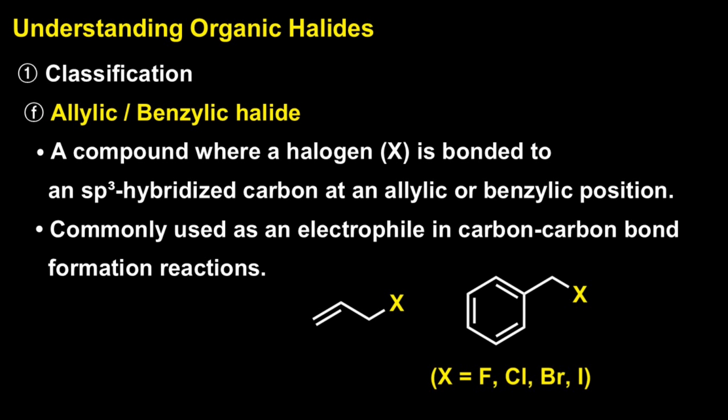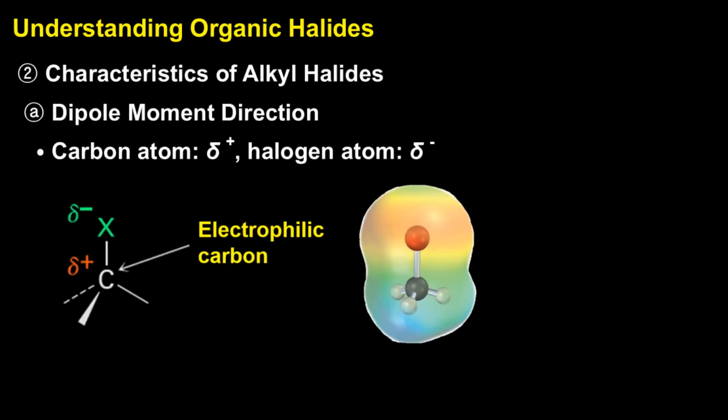And to see why they're so central, we need to take a closer look at the C-X bond. To understand their reactivity, let's look at the C-X bond and its dipole moment. Since halogens are more electronegative than carbon, they pull electrons toward themselves, creating a polar bond. That gives us a dipole moment, mu, with a partial positive charge on carbon, delta plus, and a partial negative